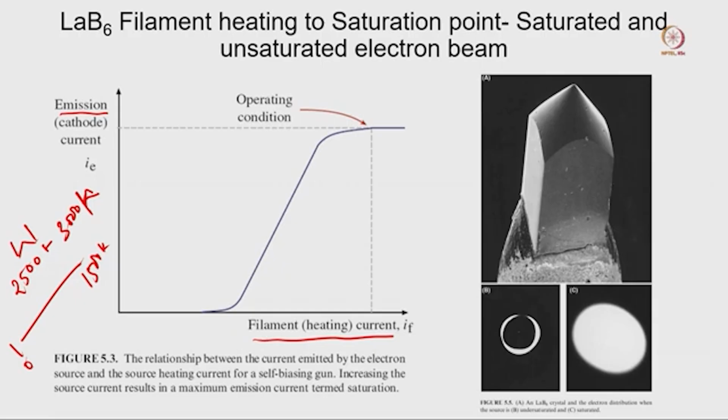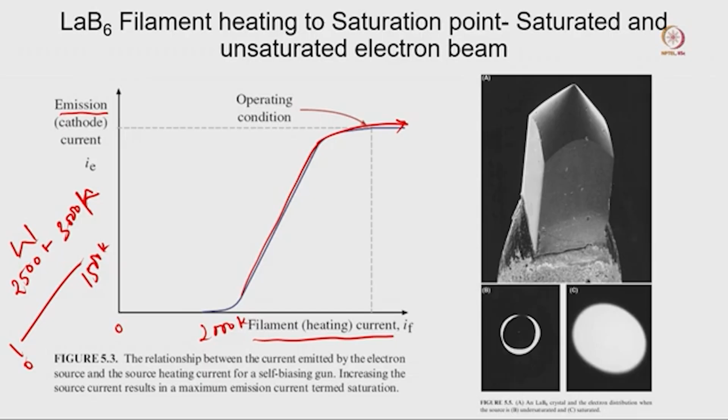If you measure the emission current at the beginning, from 0 to almost 2000 Kelvin, there is no emission. Then there will be a sudden emission. You can get a huge emission here, and then it will reach the saturation point. Even if one day you notice that your filament doesn't have enough brightness,